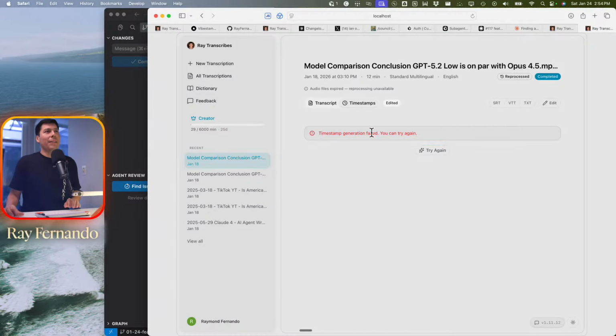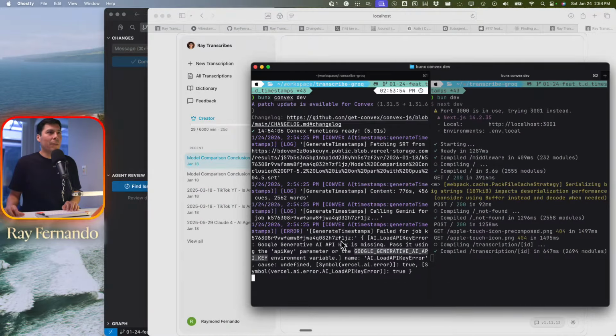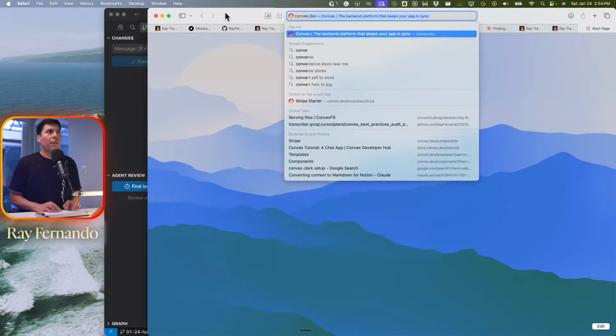Oh, I know why, because I don't have the key. I don't have the API key from Google. So I need the Google generative API key. So: fail to load API key, pass it in the API key parameter. So yeah, what I need to do with Convex, let's see,